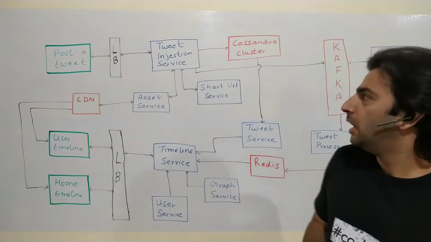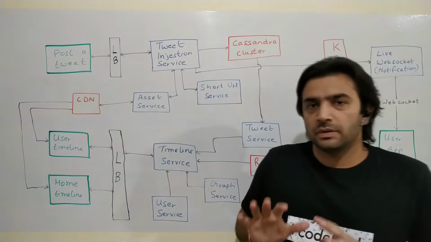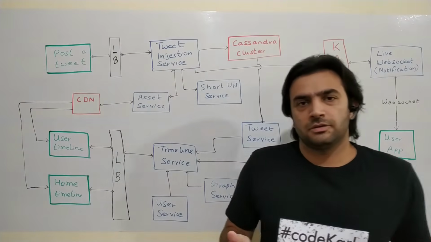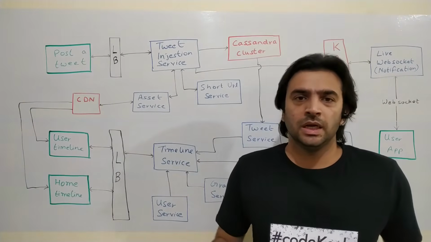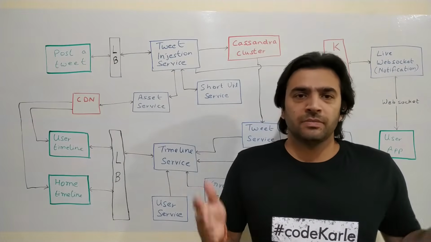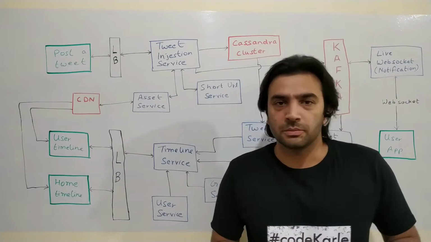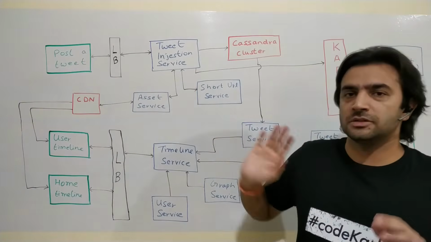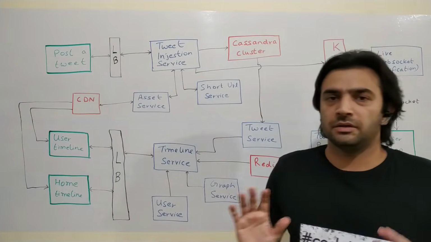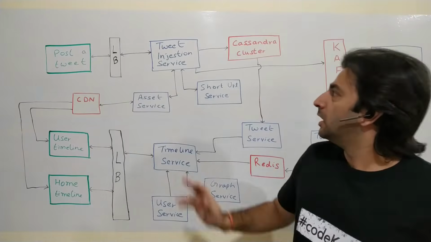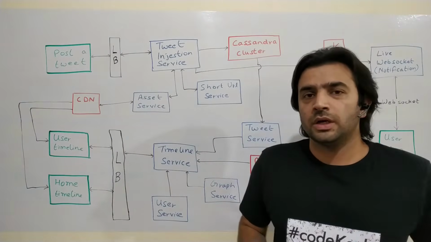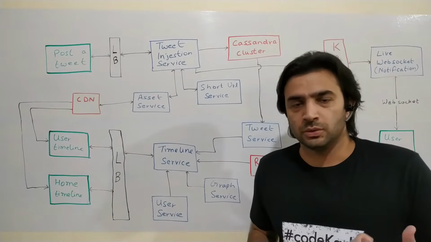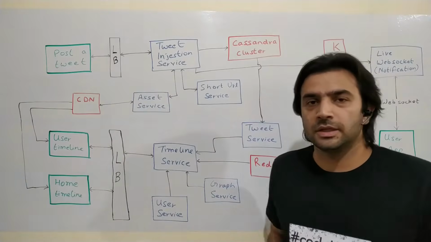Okay. Now, assuming Cassandra is our data store, think of it logically as having a tweets table, which has a tweet ID, a user ID of who posted the tweet, a tweet content, and a couple of other attributes. This is how the structure would look. Now, the ingestion service is just responsible for posting a tweet. It doesn't provide get APIs and all of that. Once it is posted to Cassandra, it puts an event into Kafka saying, I've got a new tweet whose tweet ID is so and so, whatever that tweet ID is, which is auto generated by this service.